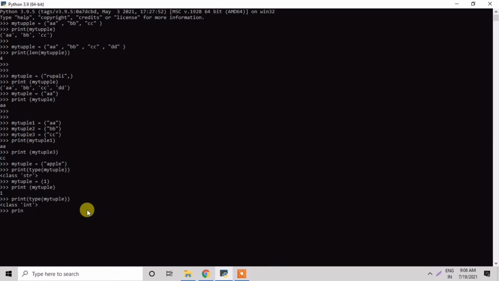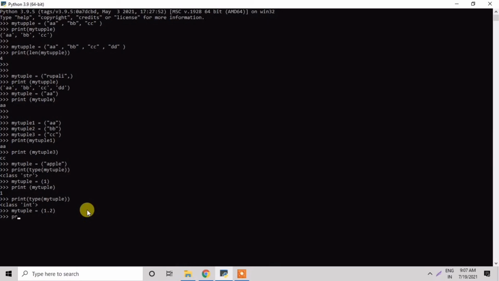Another example of a type: suppose I am taking a variable my tuple and I am giving the value in decimal form, 1.2, for example, which is a decimal value.